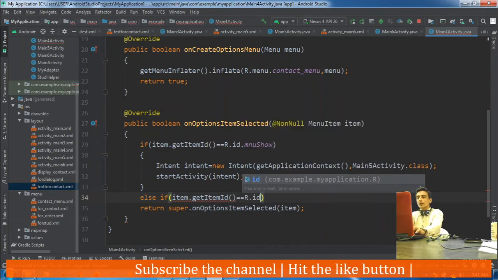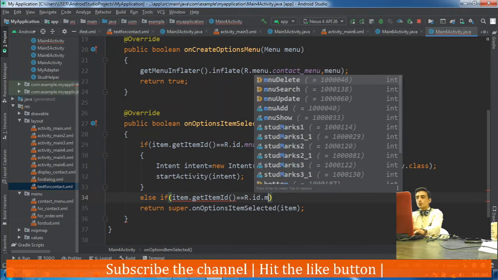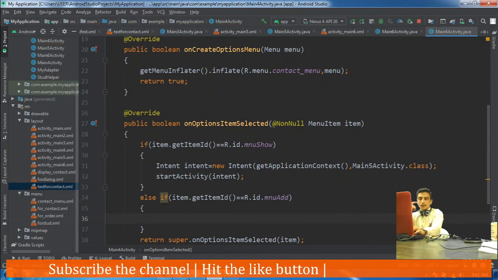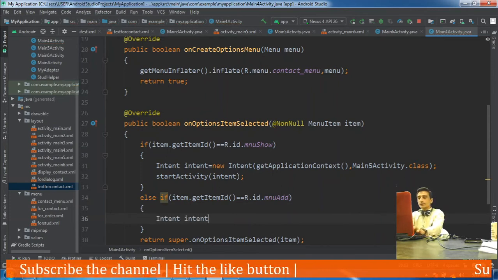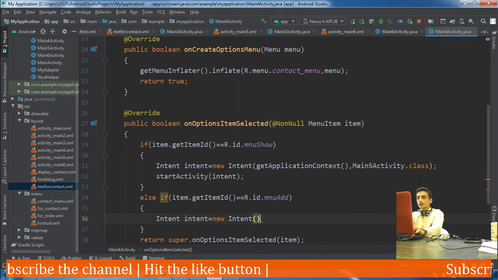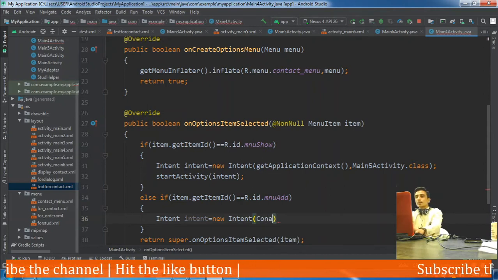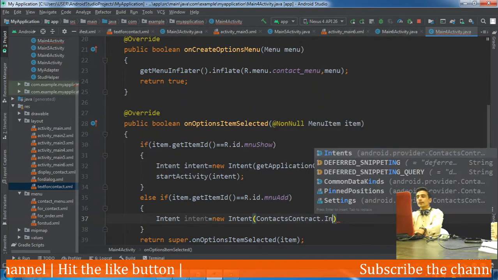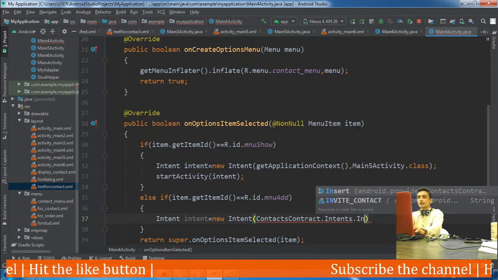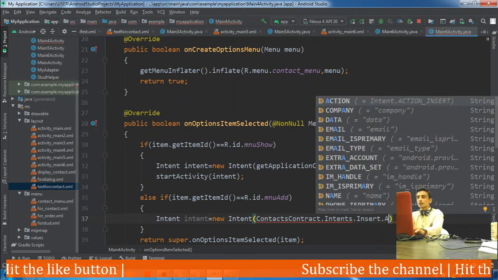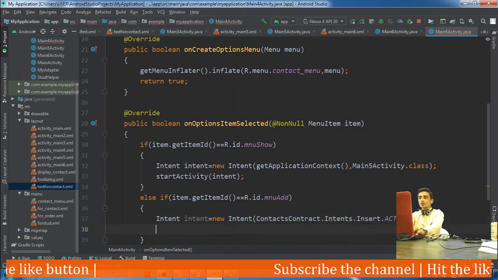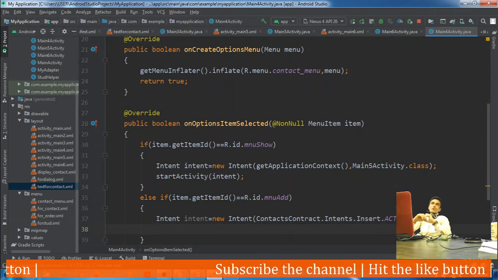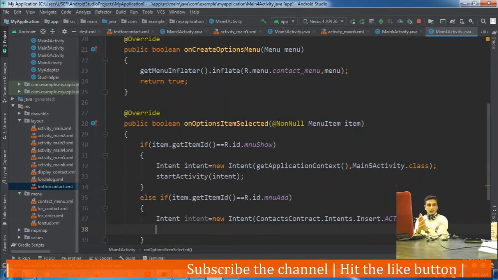Okay, equal to R.id.menu_add. So here, intent is equal to new Intent, ContactsContract.Intents.Insert.ACTION. Okay, this is the action which we need to fire for initiating the native contact application.